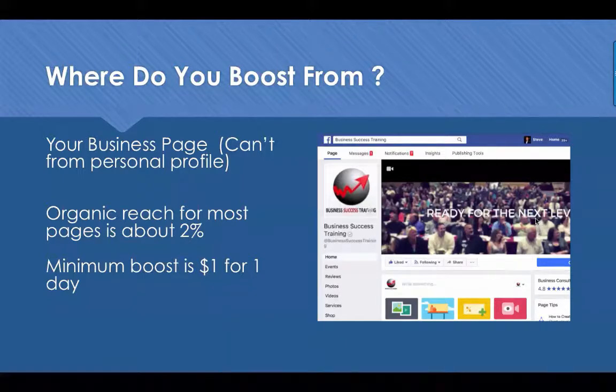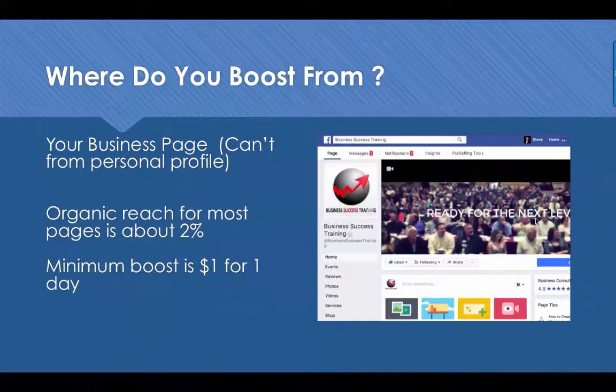So to use a real estate example, if you had a farm territory and you were connected to 10 homeowners on a personal level inside that farm territory, from HOA meetings, PTA meetings, etc., how are you going to reach the other 490? The only option you have is either get those 490 people to like your business page, and we'd have to figure that out. That would be a very tough endeavor, and you probably wouldn't achieve it.